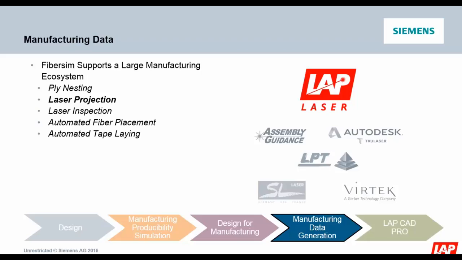It should accurately project the ply boundary for proper alignment on the tool. It should help validate that the correct ply is being placed at the correct time, and it should improve the quality of the layout. Now, the only way to ensure that all three things are happening from a composite standpoint is by taking into account manufacturing producibility early on and addressing it through design for manufacturing, so that you will deliver ply boundaries that have addressed design for manufacturing through splicing, through darting, and even automated manufacturing